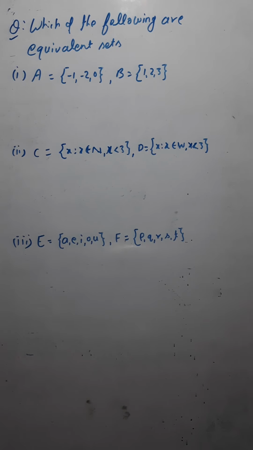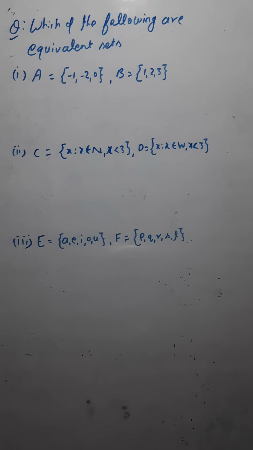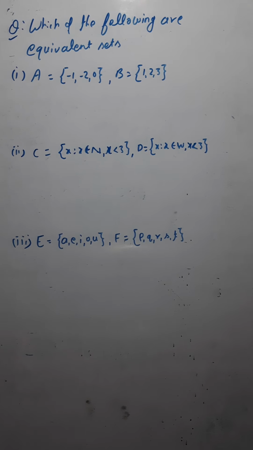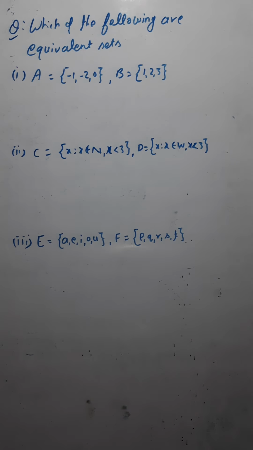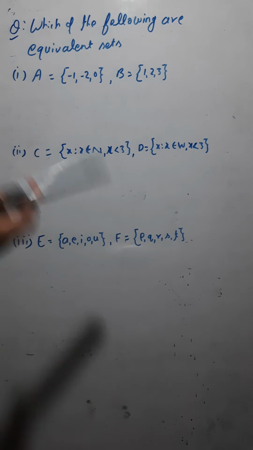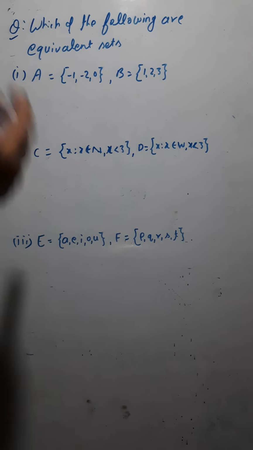Hello dear students, so now today we would move ahead in this first chapter of class 11th mathematics, that is sets. So let's discuss some new sort of questions here today. Question is, which of the following are equivalent sets? Equivalent means the cardinal number of both the sets should be equal. Cardinal number, I have already told you, means the number of elements. If the number of elements are the same in both the sets, then you would be calling such sets equivalent